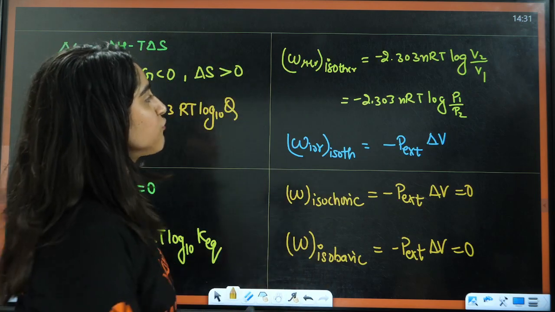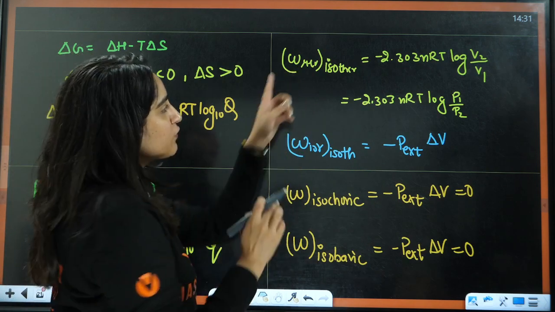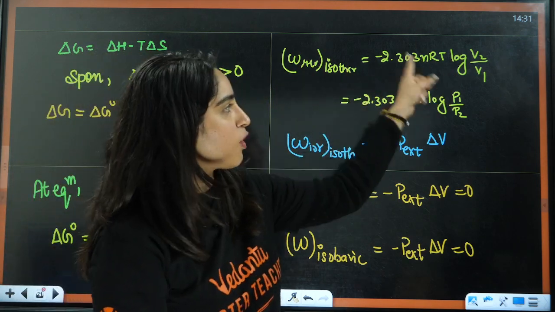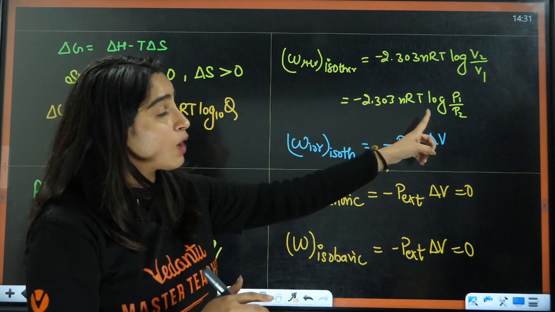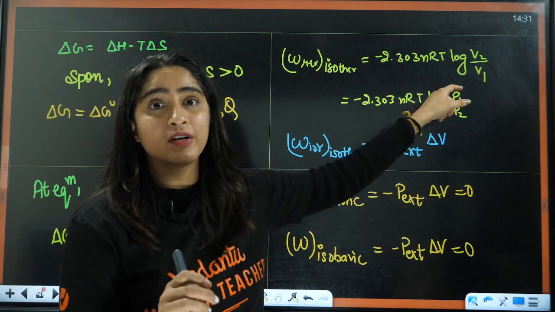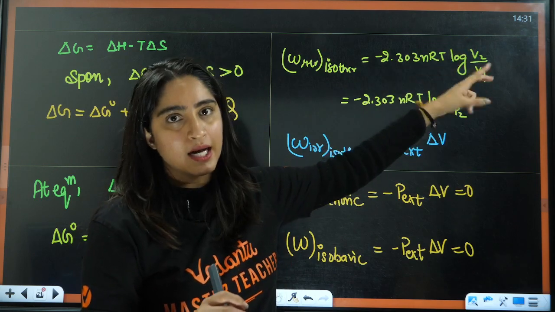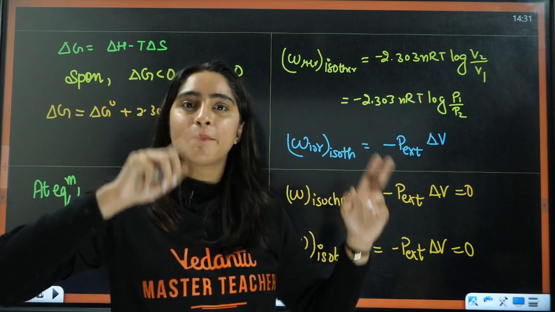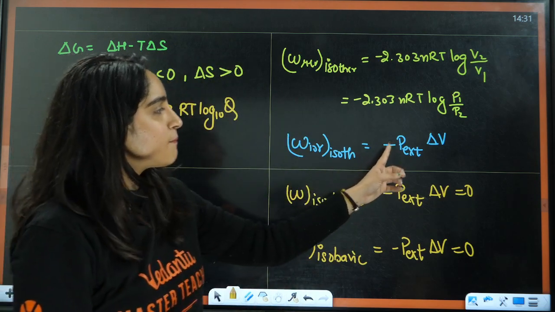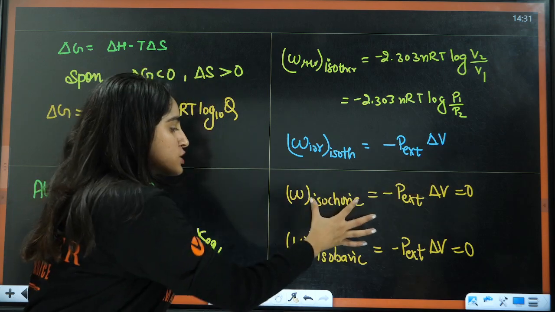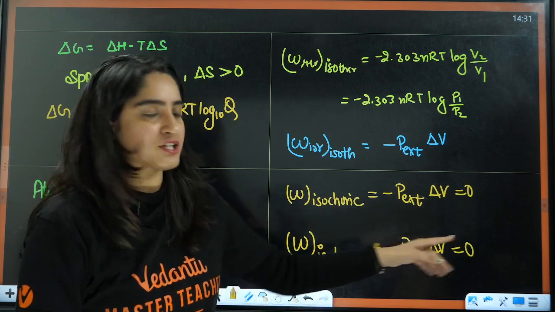Then we have work. For work we have four, five formulas, so I am writing them down here. For a reversible process, in case of isothermal, you have this formula in terms of log V2 by V1. For a reversible isothermal process, when you are given the pressure, it will be log P1 by P2. Here it was V2 by V1, right? That's been reversed because for isothermal, P is inversely proportional to volume. For an irreversible isothermal process, it is minus P external delta V, and for isochoric and isobaric, it will be equal to 0, as here volume change is 0, and here pressure is 0.